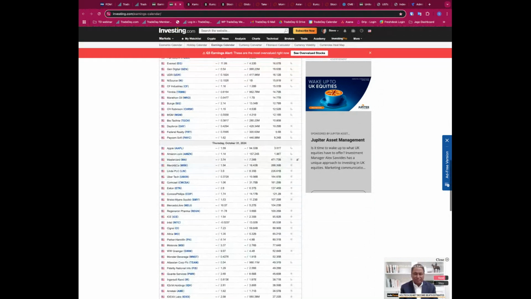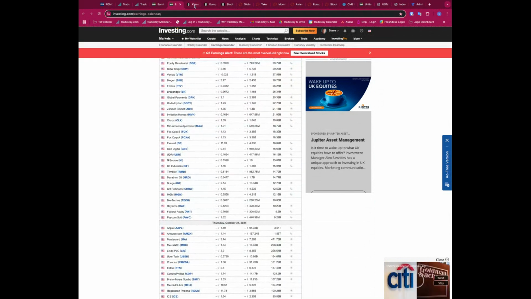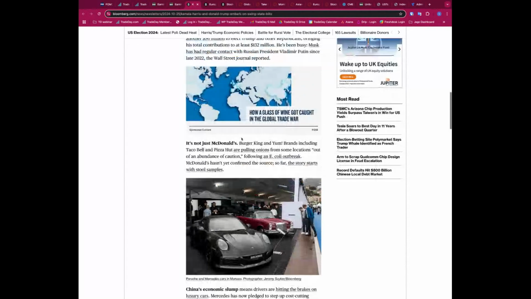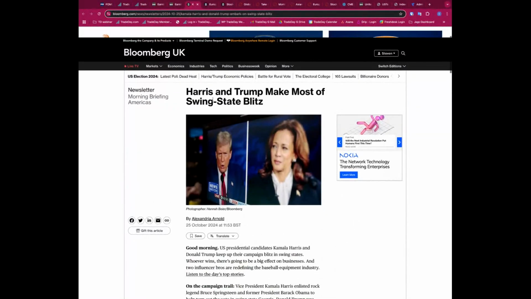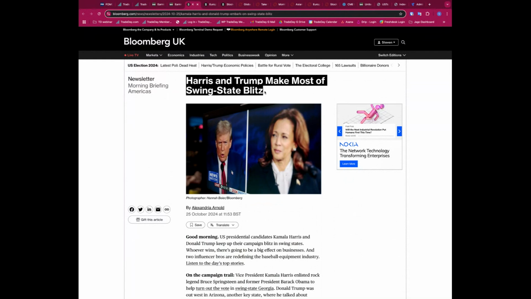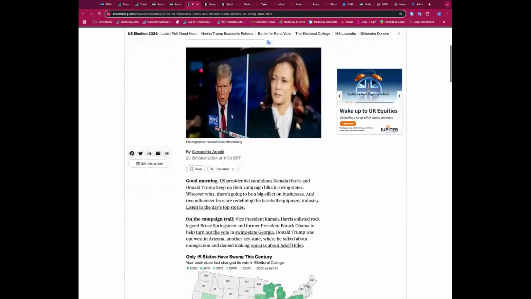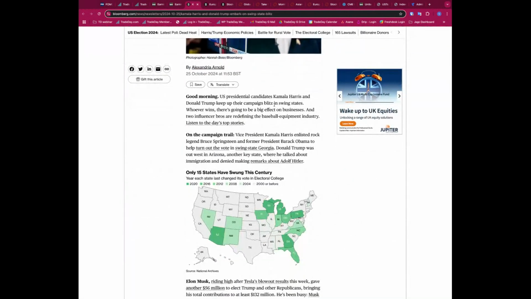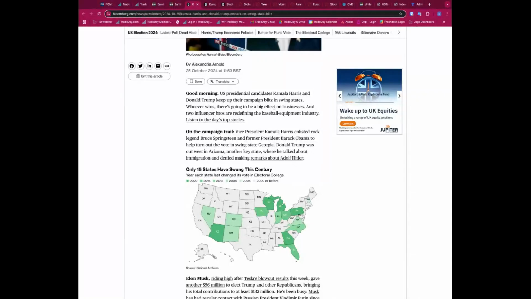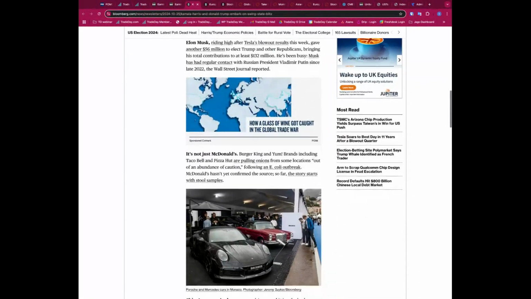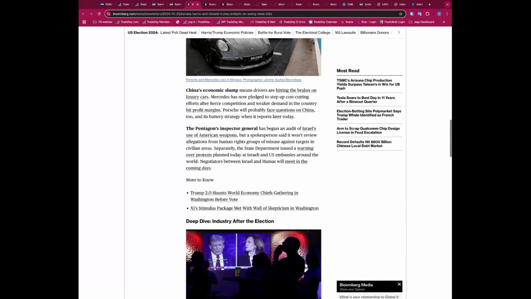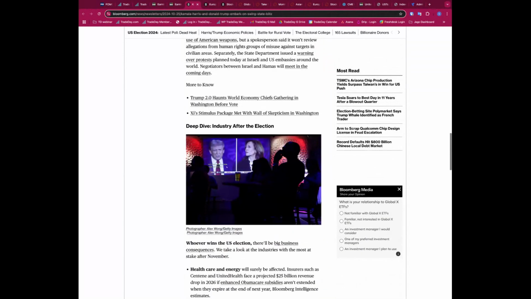Okay, so we've got some real big names, and to the point that the markets have not really got much focus in here at the moment. In the very short term, the really big focus is going to be obviously on the geopolitical side. So Harris and Trump make a swing state blitz, going around as we run into the election, counting down to the election now. So that's going to be significant. Nothing much else in here on the overnights really. If we look in here from